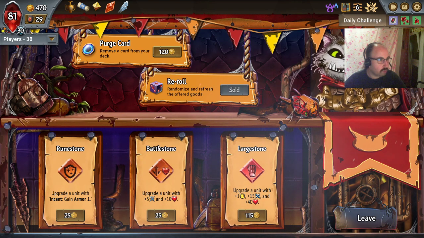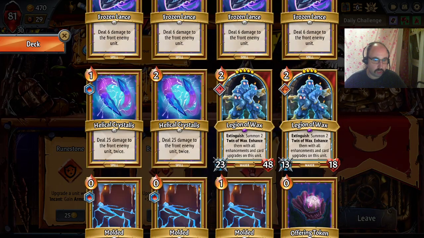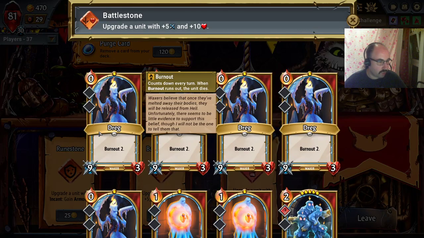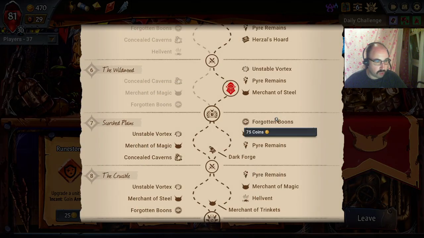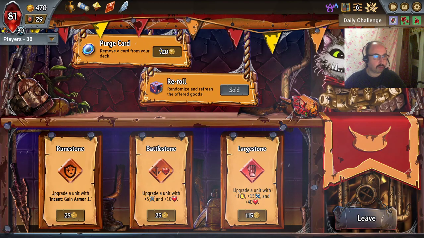Second large stone. That would be a bit of a problem, because then we would have one floor where we can't play a Legion of Wax. So large stone is probably not a pick. Another battle stone instead? Or do we have another Merchant of Steel later on? We do have one, together with an Unstable Vortex just before Seraph, so I will save my upgrade slots and